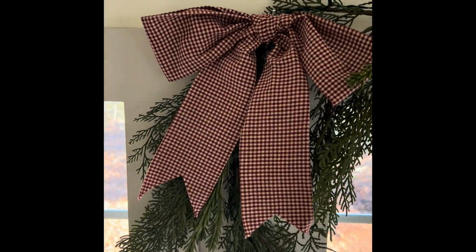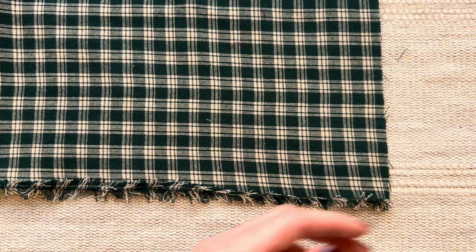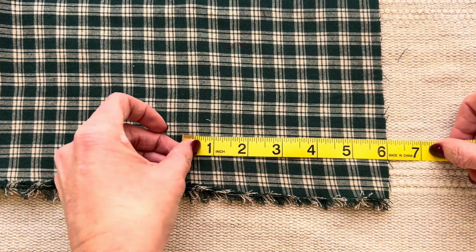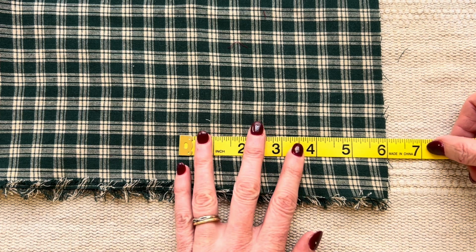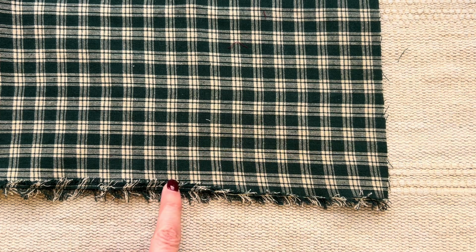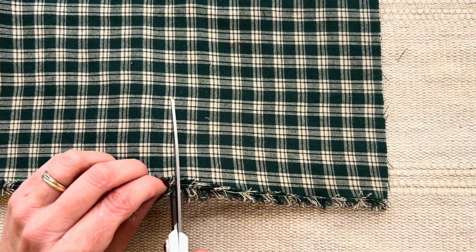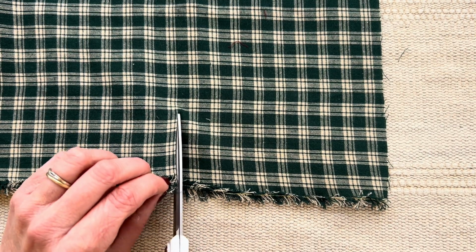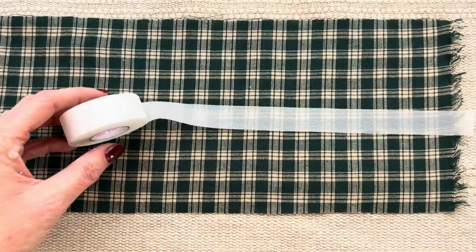Going to show you how to make these beautiful no-sew fabric bows. So take your fabric, I fold mine in half just to make it easier to cut. I like to do them 6 inches thick, so you end up with a 3-inch bow. And I love this type of fabric that has these little grids on it because it makes it really simple to cut. You don't have to mark it, you just follow that line,